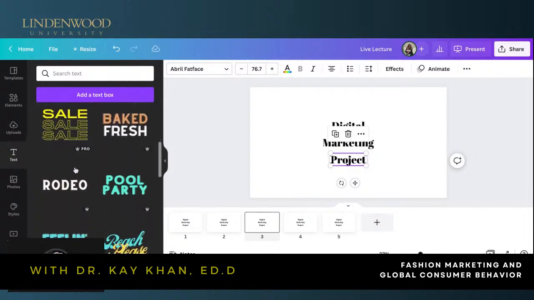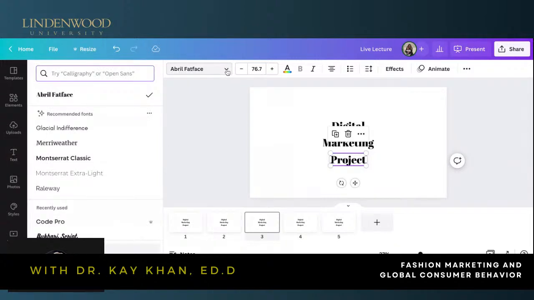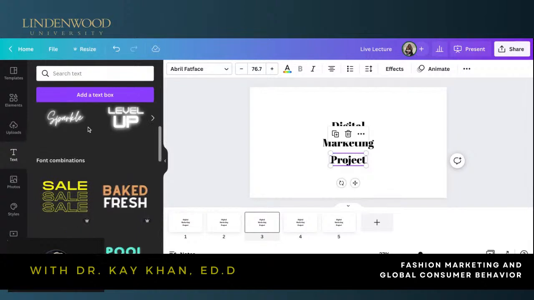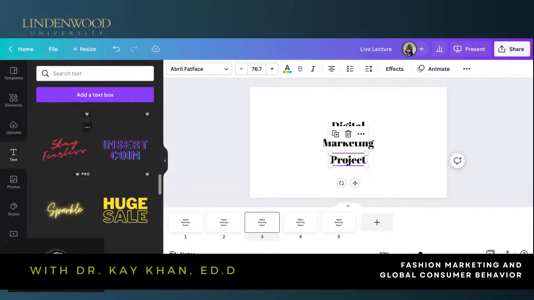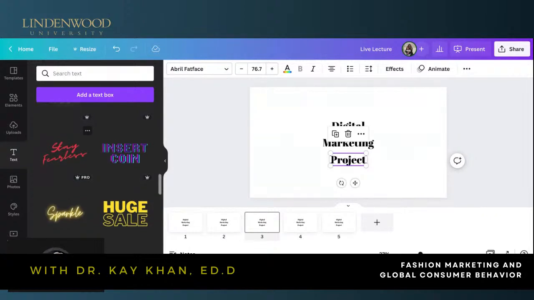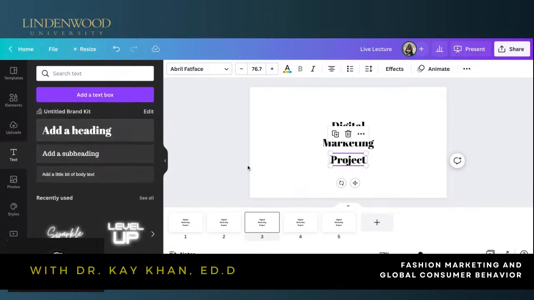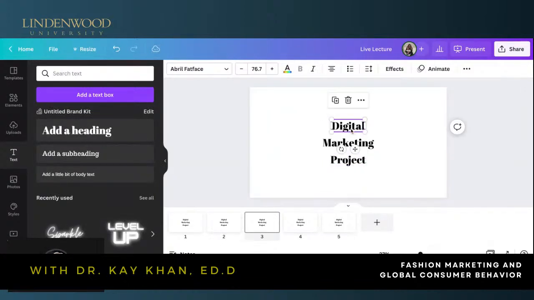So let me scroll down and see what they have going on as far as fonts. This font kit is going to give you all these recently used ones and these ones that are kind of templates within Canva. So it's up to you if you want to use some of the templates, and I can show you how to do that, or you could just go 100% like what I'm doing. So I'm going to click on digital, and I'm going to click on this down